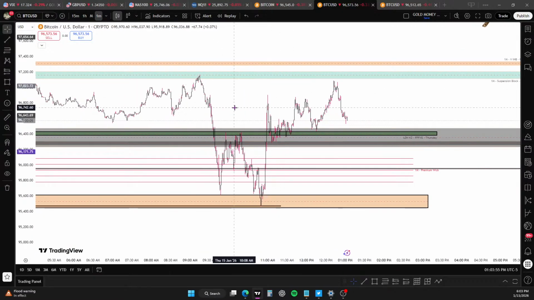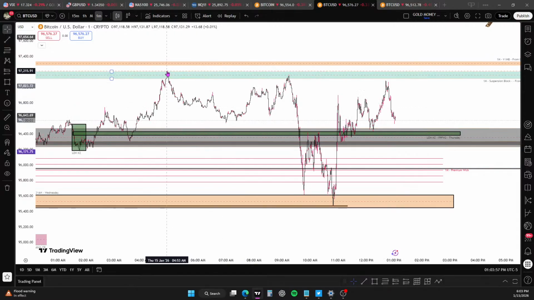We've rejected it. Oh, that's crazy. Right, we've traded to the high of it. No, sorry, we've traded to the upper portion, but we haven't breached the high. That's kind of bearish, right? And then we traded to the consequent encroachment of this suspension block, and then we didn't go out over the high of it, so we sold off again into this area here, and then it's just miraculous to me how we also used this area